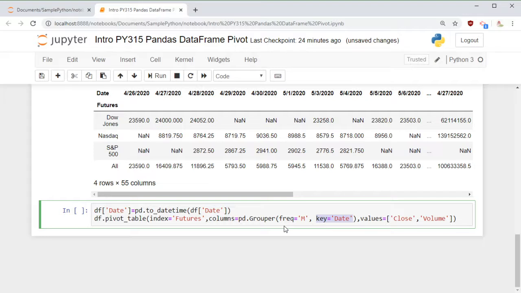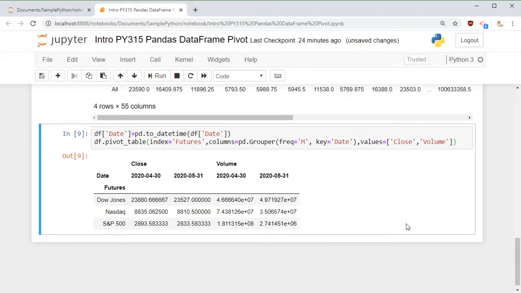That means all information which falls on one particular date, I want to put into one particular month and group them together, and the ones falling in a different month, I want to group differently. So if the information falls in the month of March, we are going to pool them together, and May, we are going to pool them together. That way we can see the average value for each month separately. So let's run this and have a look.